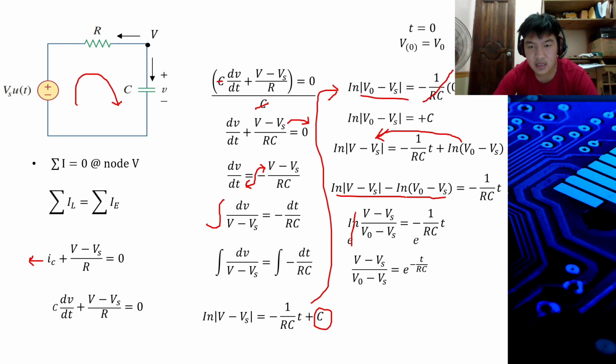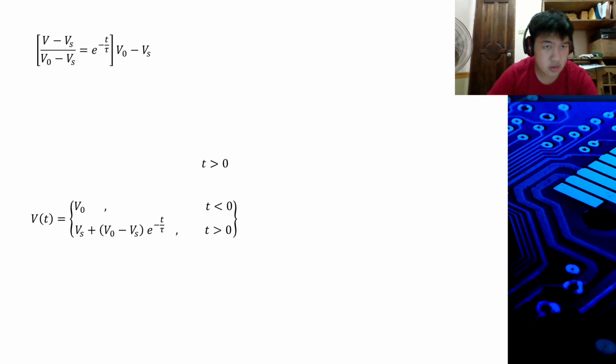over RC, which is atong constant time sa capacitor is tau. So ito ni substitute lang diri, and V minus Vs over V naught minus Vs is equal to e raised to negative t over tau. So kung ato tong i-multiply by both sides of V naught minus Vs, we can get, which is wala ni siya, maka-cancel, which is V minus Vs is equal to